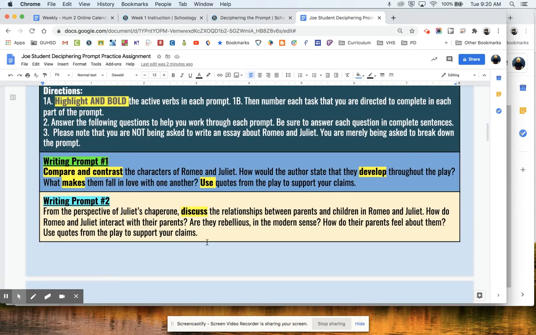Now, again, I don't want you to get too nervous about these kinds of prompts. You won't be writing on prompts like this, but if you happen to be in a class where the teacher provides prompts that don't make a lot of sense, you would want to understand what would be reasonable. And so for writing prompt number 1, if you were to simply state something simple like Romeo's a boy and Juliet's a girl, you wouldn't be doing a very deep job. You'd be doing a pretty superficial job analyzing.